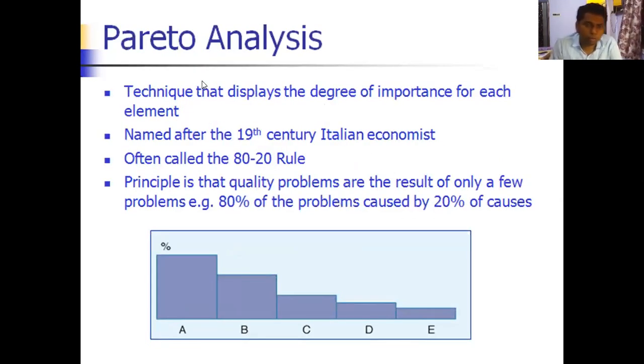Then there is Pareto analysis. Pareto analysis is another technique that displays the degree of importance for each element, and it is named after the 19th century Italian economist, often called the 80-20 rule. Principle is that quality problems are the result of only a few problems. Example, 80% of the problems caused by 20% of the defects. So along x-axis, you represent different defects, and